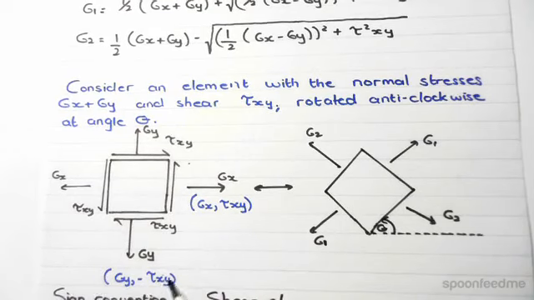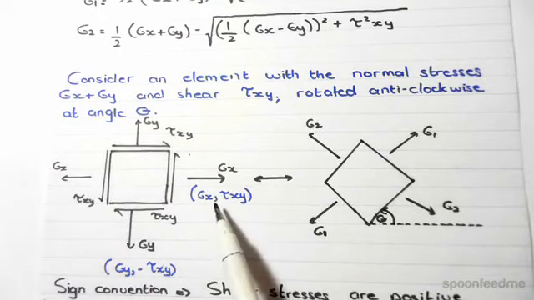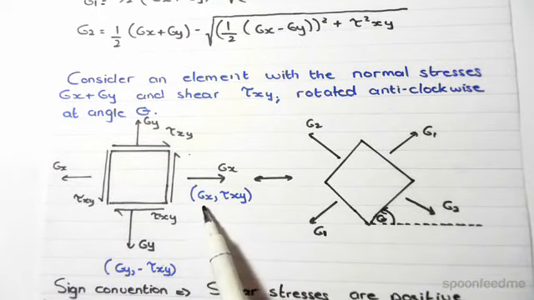Okay, well, but how do we indicate this? If we take this one over here, this point, we'd have normal stress σx and tau